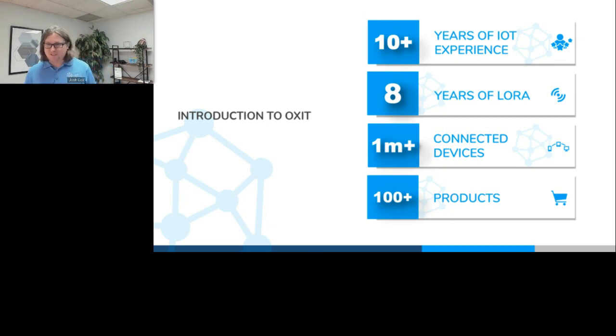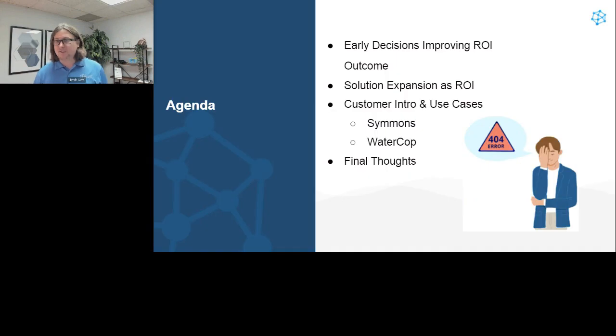So perhaps jumping on DigiKey and ordering a tracker from Actility and cobbling that together with a couple of other sensors to create a solution. We've been exposed to LoRaWAN for about 8 years. I had the lucky opportunity to choose the network that the Red Cross was deploying in Nairobi, Kenya, and landed on LoRaWAN, and we've been a little stuck on it ever since. Today, we've got a couple of million end devices out there running across hundreds of products, and I'm excited to dig into ROI a bit and how we look at clients who are successful in that.